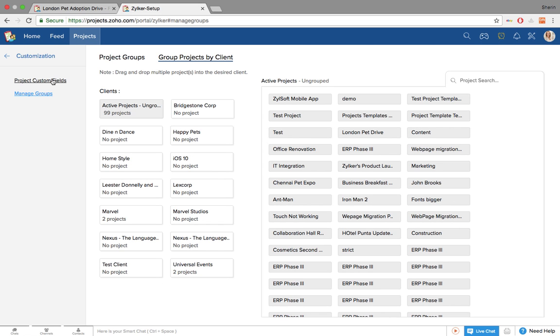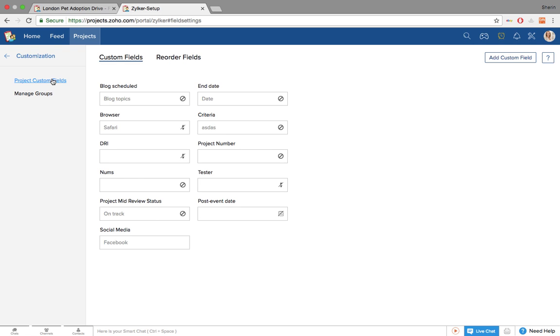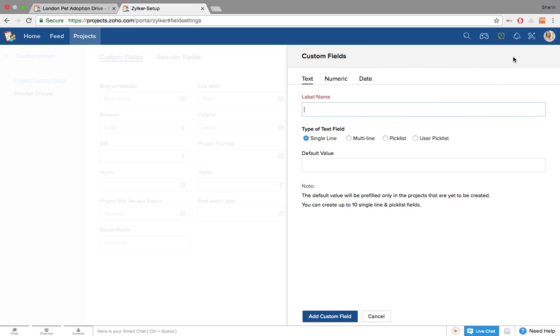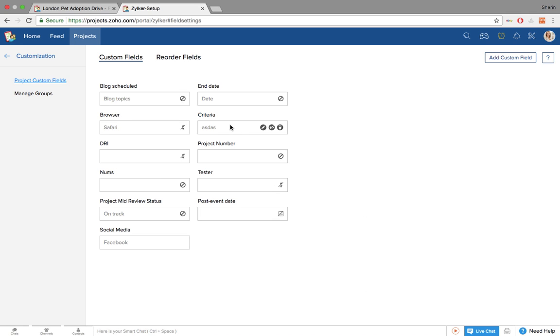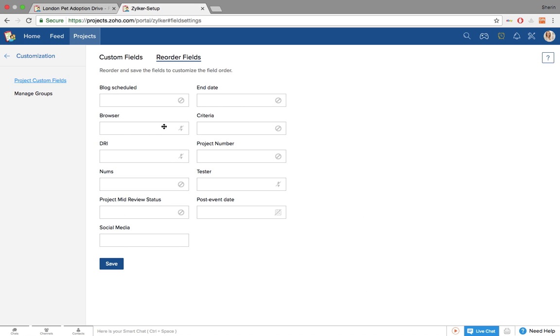And you also have the option to add custom fields for your projects depending upon what you're working on. So you can add different custom fields. It can be a text field, a numeric field, or a date field. And you can reorder your fields by just dragging and dropping and then saving the order. Moving back,